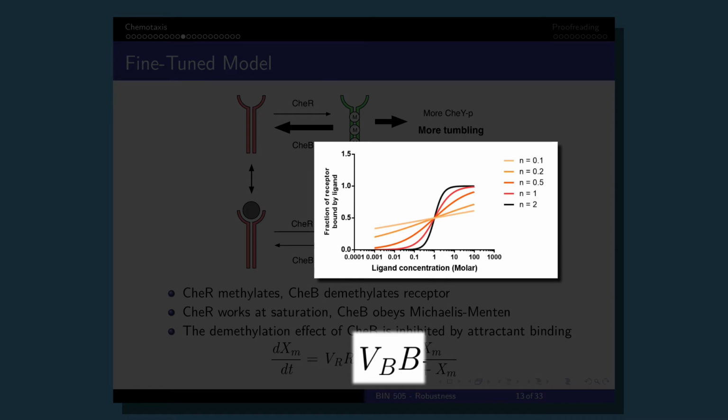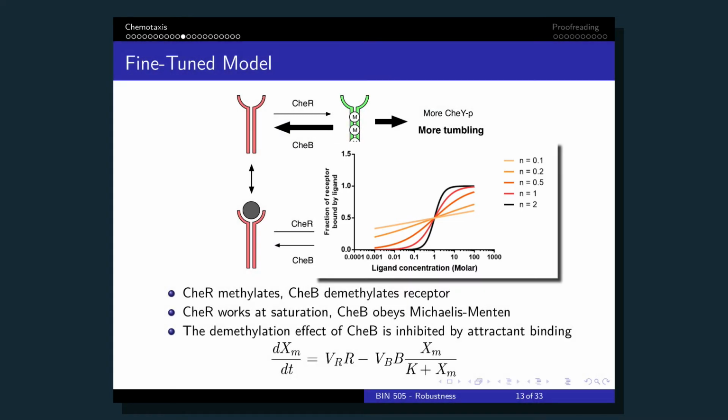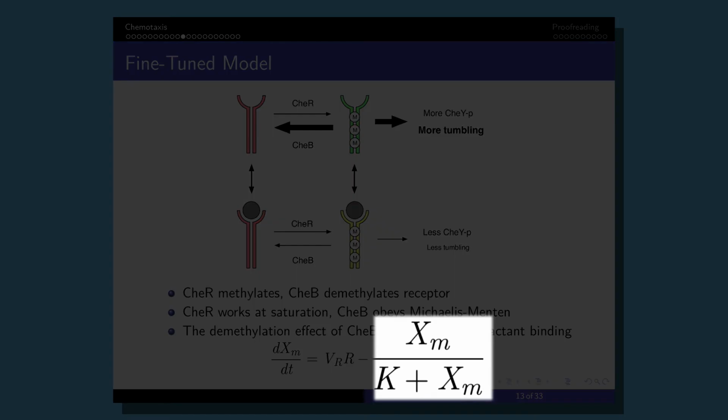B, again, there aren't too many B's, but the rate is dependent on how many of them are phosphorylated. So the more B that's phosphorylated, VB is effectively faster. And finally, we're assuming that B acts on receptors in a Michaelis-Menten type equation, where the substrate is the receptor and B is the enzyme. So it depends on the Michaelis-Menten equation with constant K. This could also just be a first order equation, so you could just write this as VB B times Xm. And most of the time in the mid regions it acts like a linear equation, since the middle of the sigmoid will be more or less